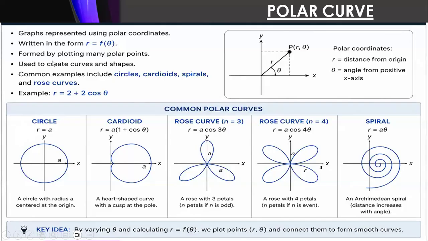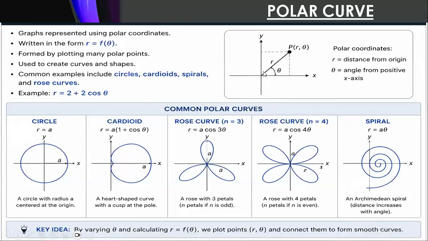R shows how far it is from the center. As you can see here, this is an R line in the diagram. This is the radius from the origin, and we know that the origin is right here, which is 0, 0. So the distance r will be somewhere here, and theta is the angle that you